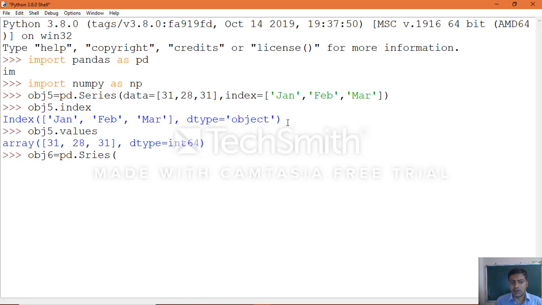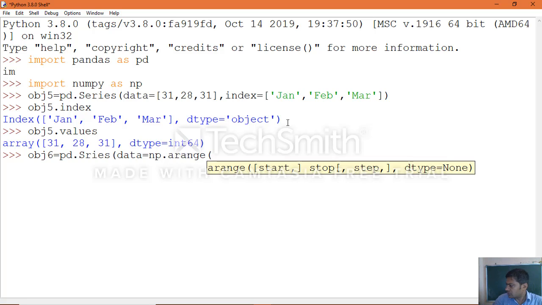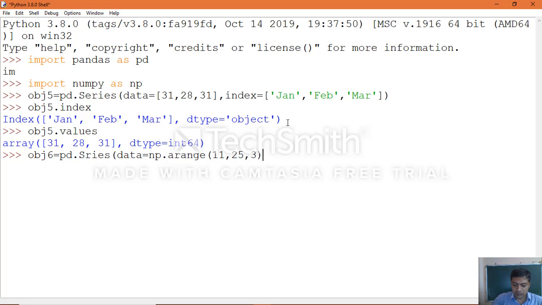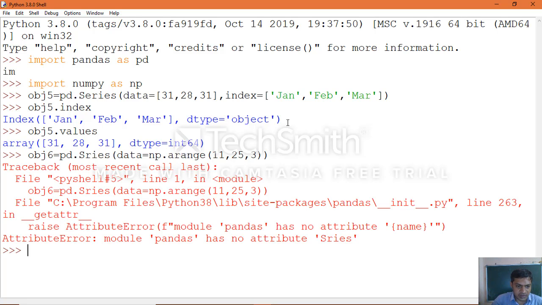So obj6 equal to pd.Series of data equal to np.arange of 11, 25, 3. Here we are not specifying the index, which means the default index will be taken. You can see how it takes that index once you execute.